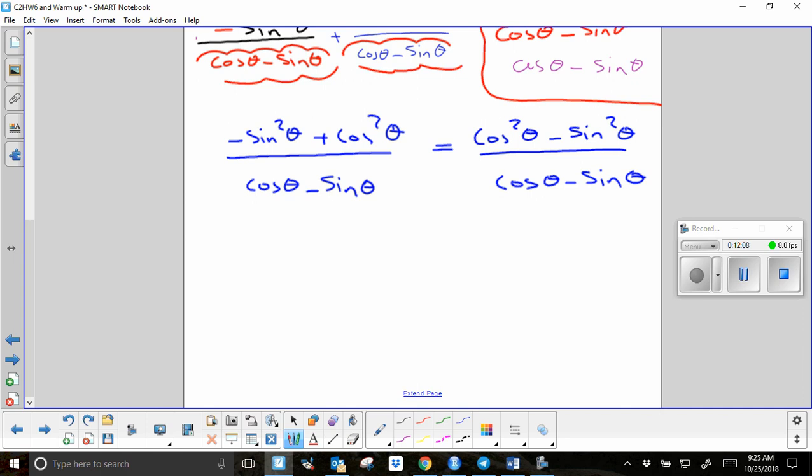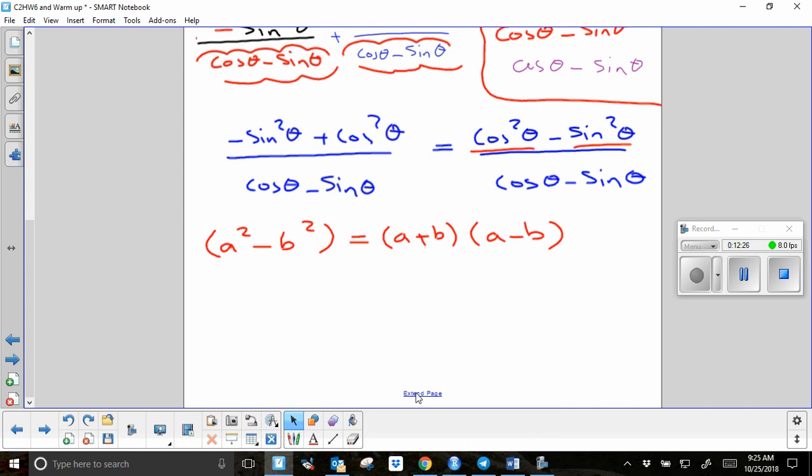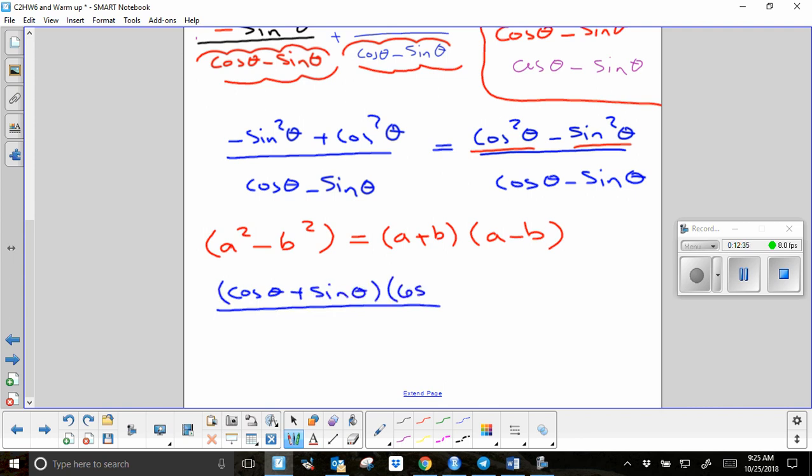Now, quick reminder that we've been doing this. A squared minus B squared is what? A plus B, A minus B. Do you see the same thing happening here? What do you convert it to? Cosine of theta plus sine, minus. And at the bottom,